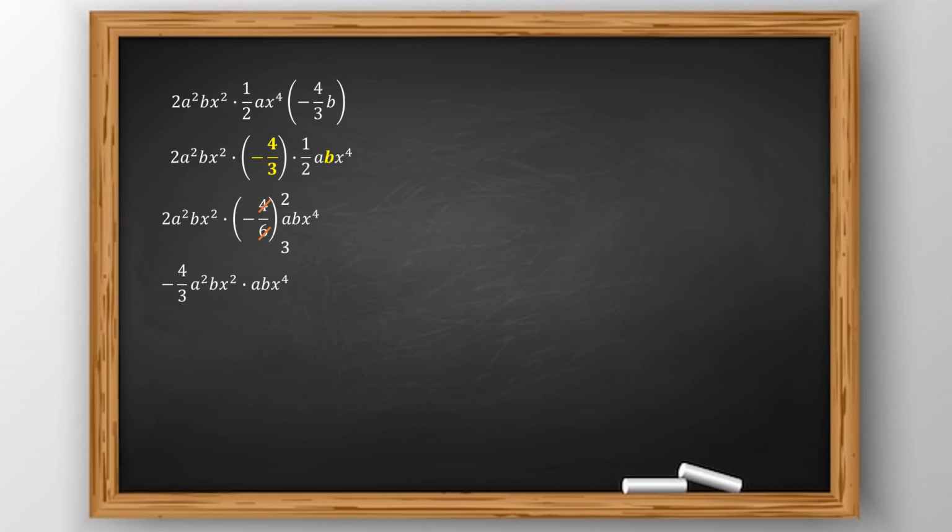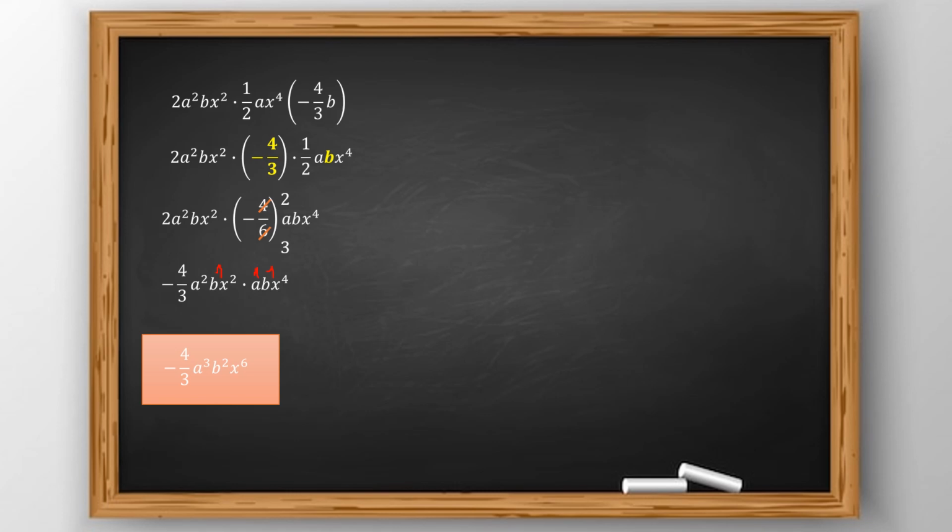And then we're going to do the multiplication with the letters. So in this case, we need to sum up the exponents. I remind you that when we don't have an exponent, this means that the number is 1. So here we have 1, here we have 1, and here we have 1. So we need to do, in order to find the solution,